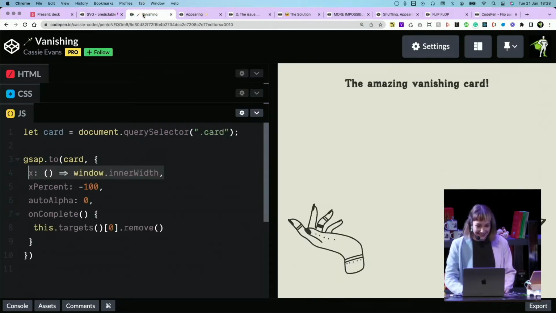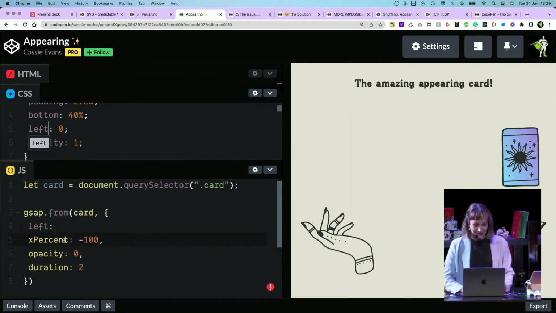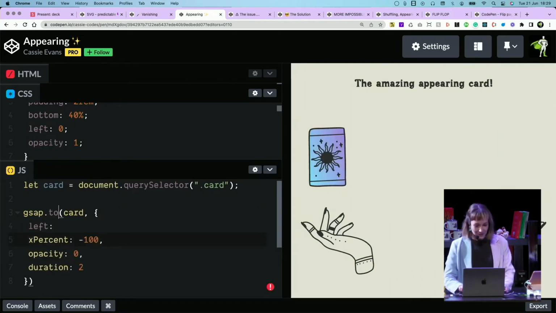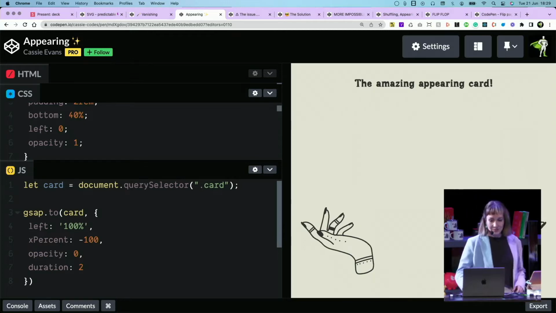Another solution, and this is what a lot of people do when they're animating elements, if they want to get the element from one side of the screen to the other, is to animate left. So if it's at left 0, we could animate left 100%. And this is what I see a lot of people doing for DOM transitions. And I see some people pulling faces in the audience, and rightly so.